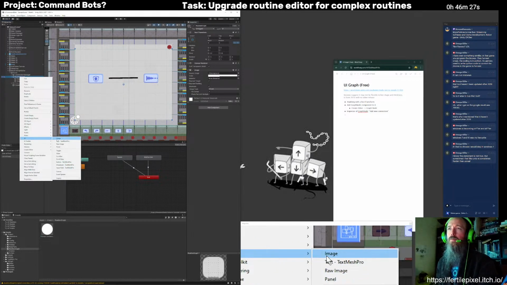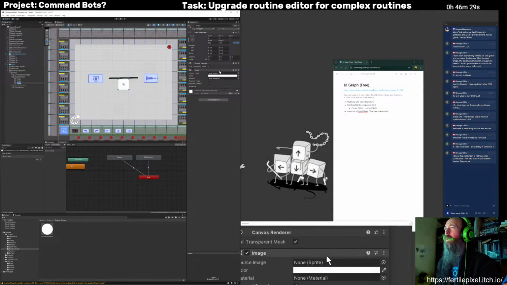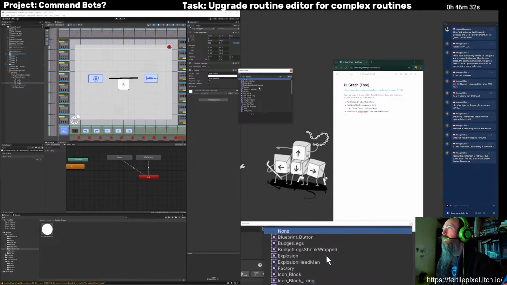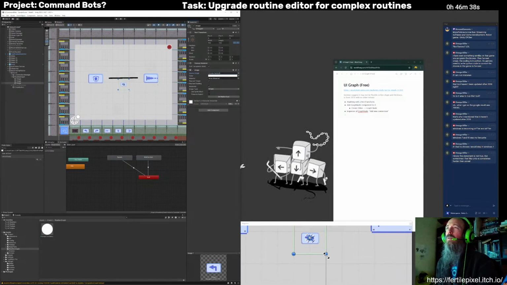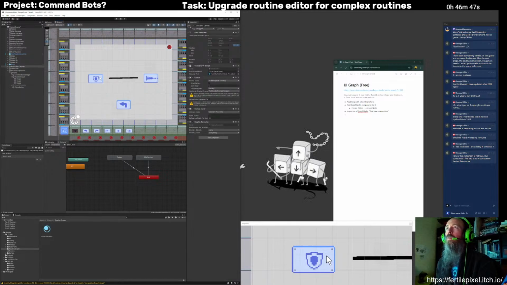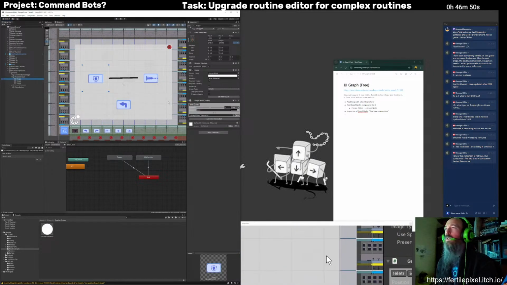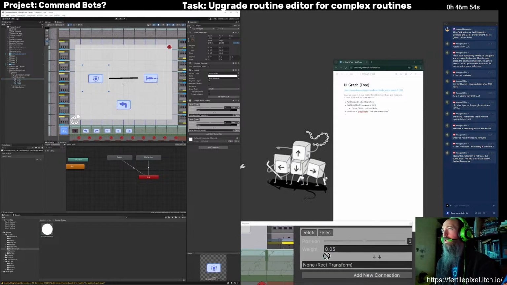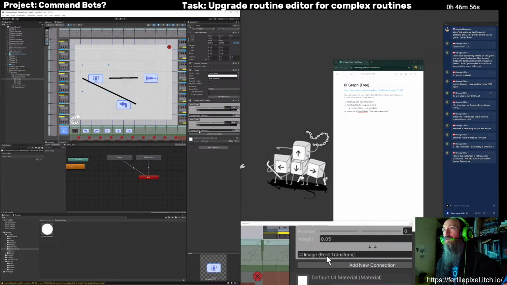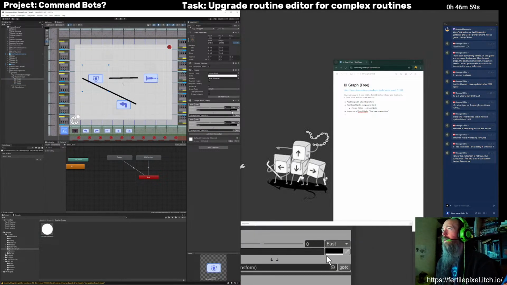And just grab a new image. And let's grab turn left here. And let's add a connection. If I grab this guy here and add a new connection onto that. There we go. Kind of weird